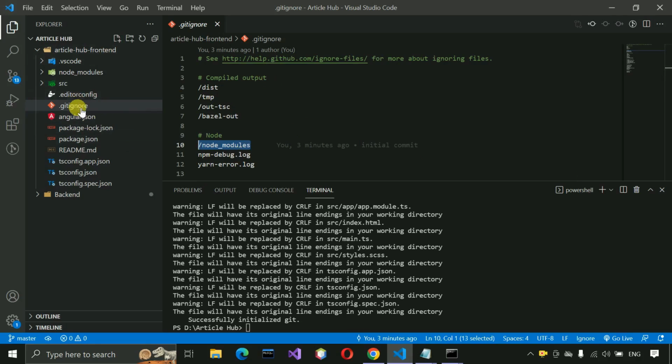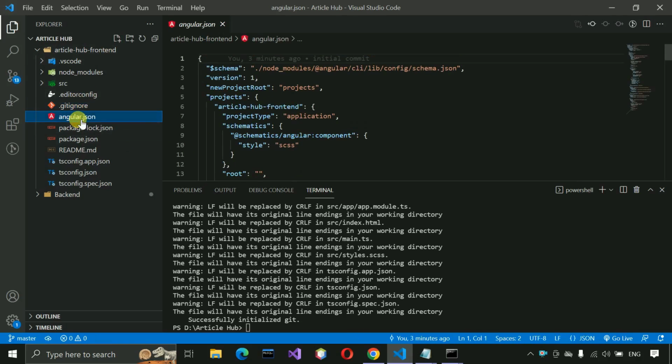After that, we have angular.json. So this is for all the CLI configuration for all the projects in the workspace, and whatever is in this project, we have this one. And after that we have package-lock and